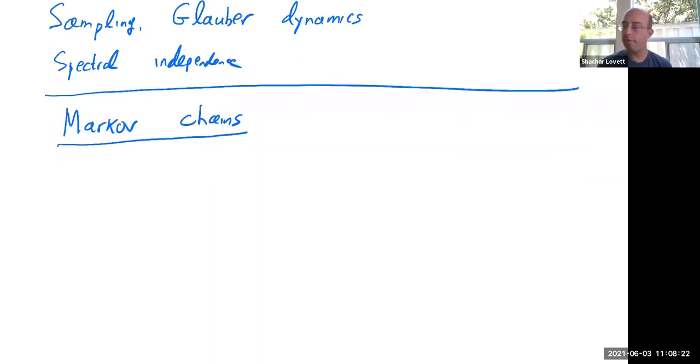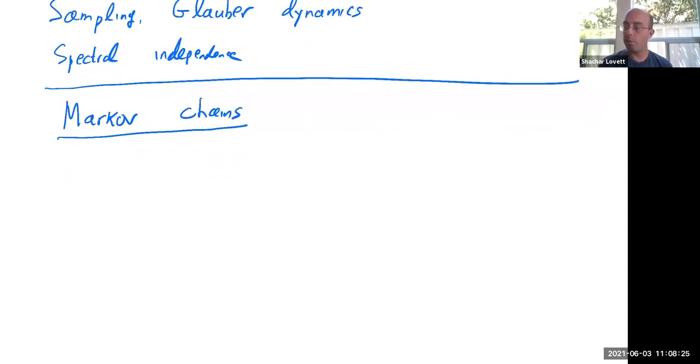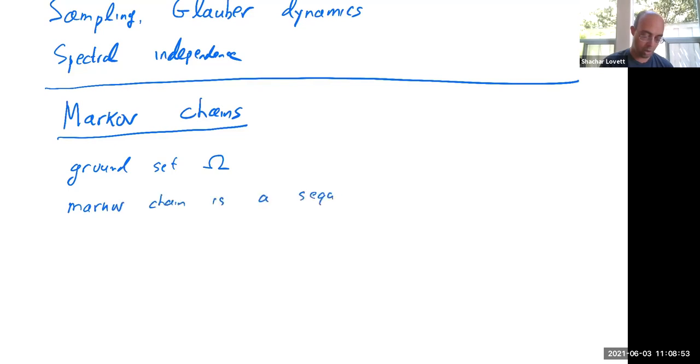So Markov chains. We have some ground set, from a graph, possible objects that you might care about. Maybe cliques in a graph, maybe matchings, maybe colorings of a graph. And we have a set of random variables. So a Markov chain is a sequence of random variables